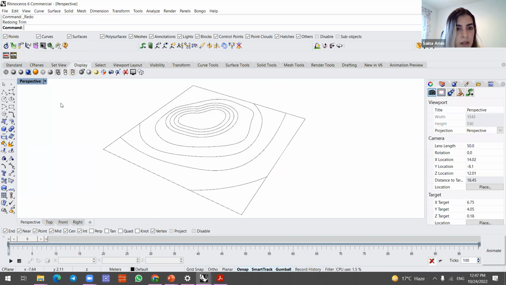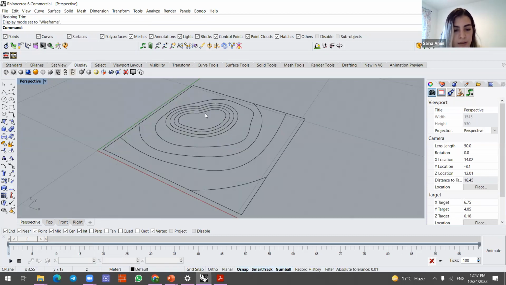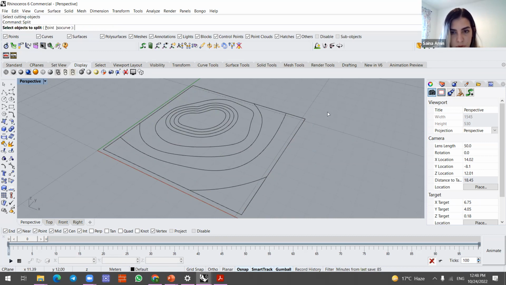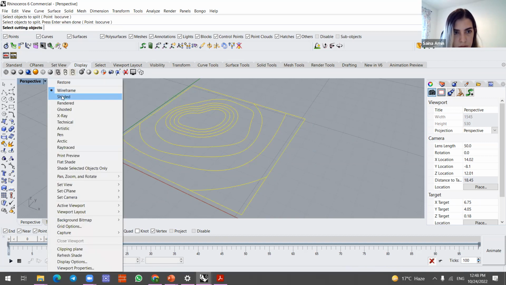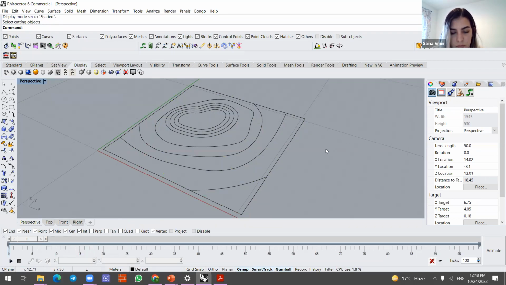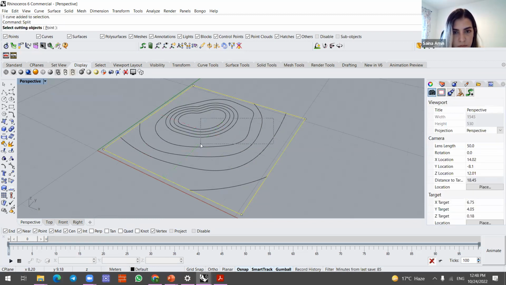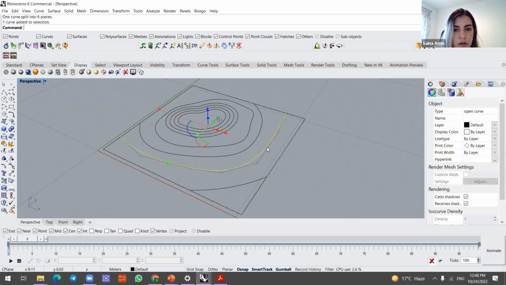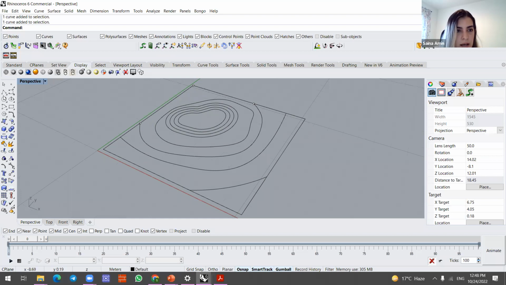Edit more, Control Z, okay. I change it to wireframe. Yeah, and we can go for the split. As you can see, select objects, and by clicking the cutting object, when you want to select more than one object in Rhino, you can hold the shift. So these are, as you can see, different parts. Okay, now we can go for